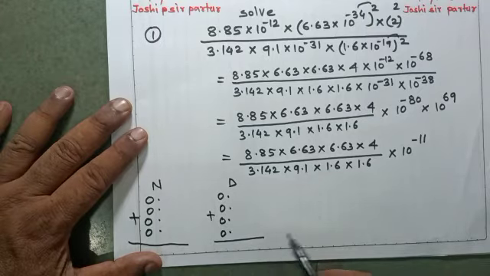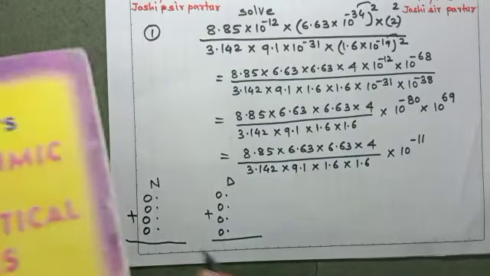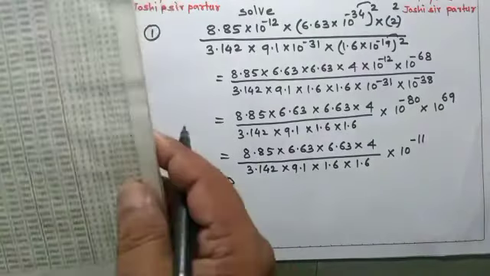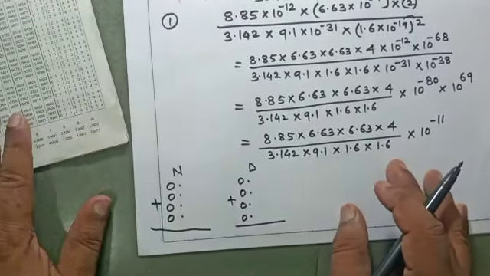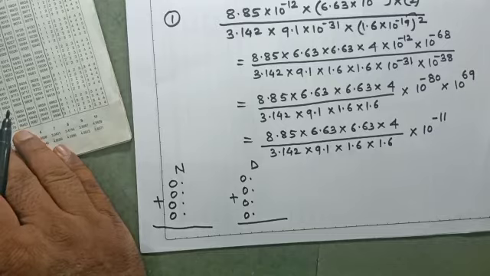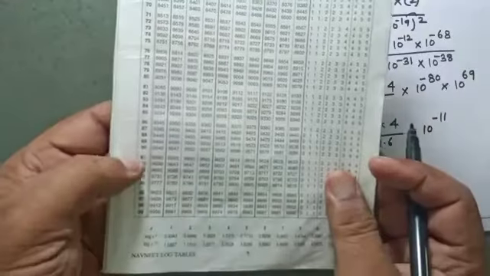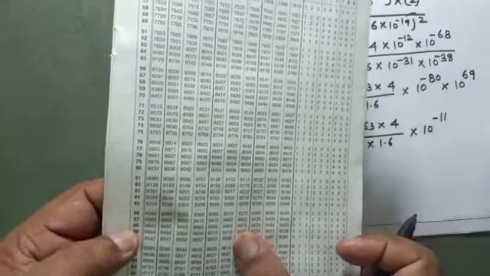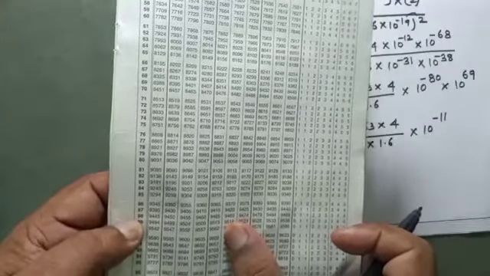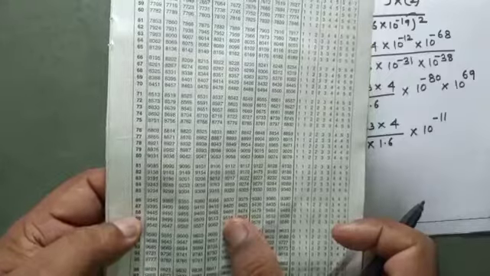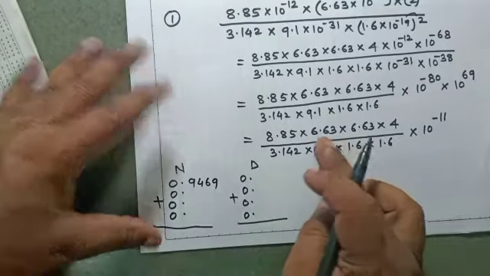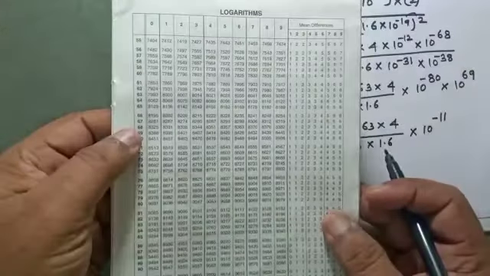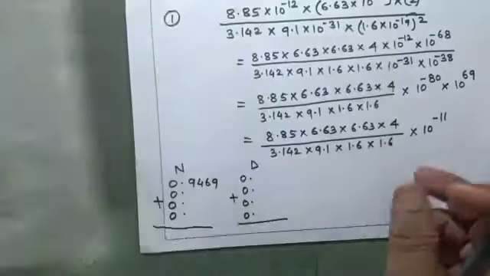So multiplication is there. For multiplication using the rule for log, addition is there, means log of m multiplied by log of n, that is log of m plus n. So we can find log 88 in 5. So here if we see 88 in 5, that is 9469. We can write 9469. So 66 in 3, that is 8215.